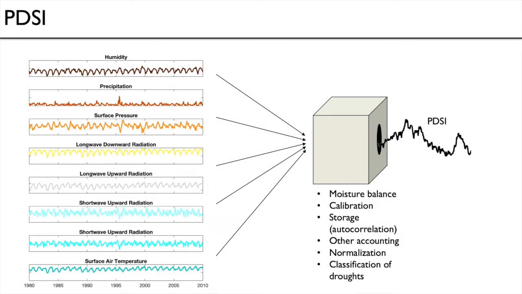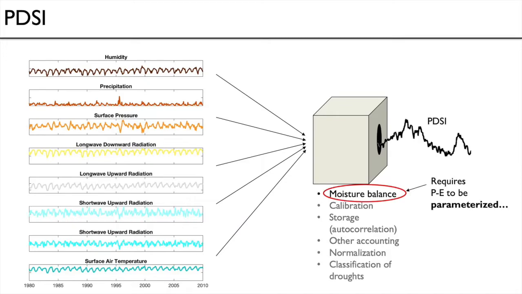PDSI, in contrast, was developed originally in the 50s, 60s, as an approximation to soil moisture balance in a way that was normalized so that the anomalies could tell you about the severity of a drought or a wet period. So to do PDSI, you have to estimate a couple of key parameters that are descriptive of the climatologically normal conditions, including autocorrelation. Then there's a step where you have to calculate precipitation minus evapotranspiration balance, which means you have to parameterize evapotranspiration, and we'll talk about what methods have been used to parameterize evapotranspiration.